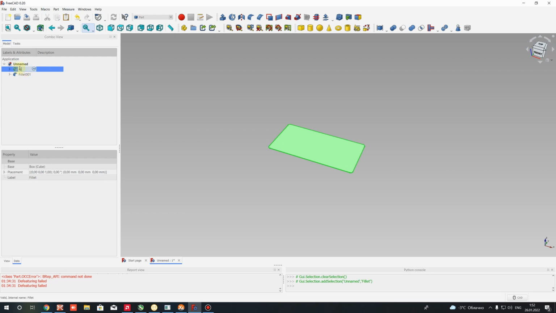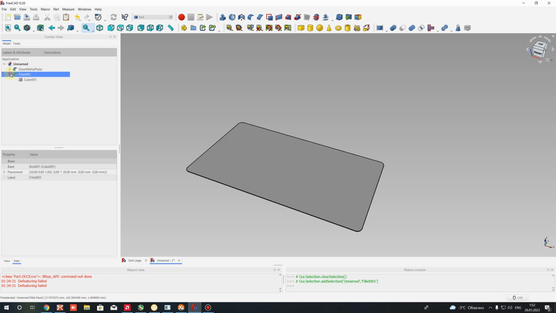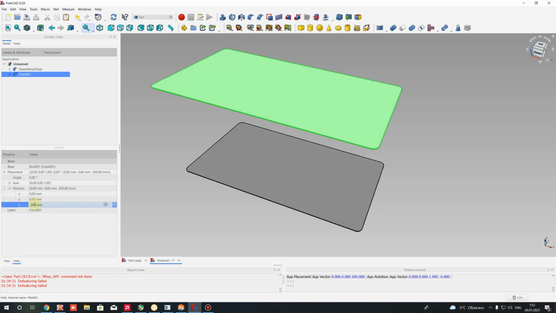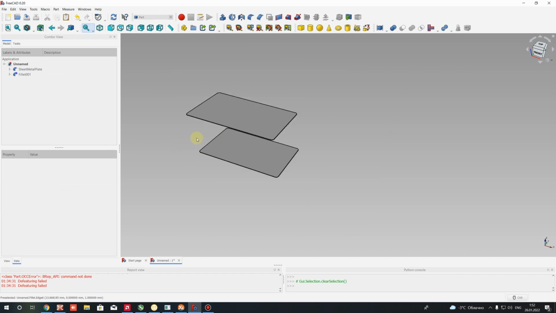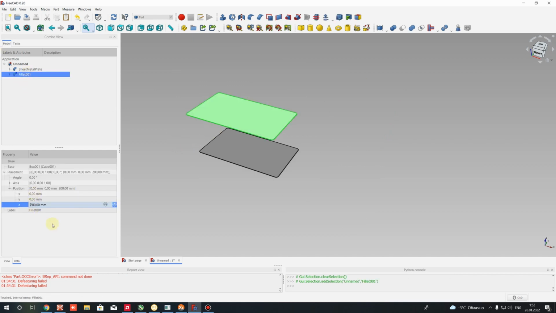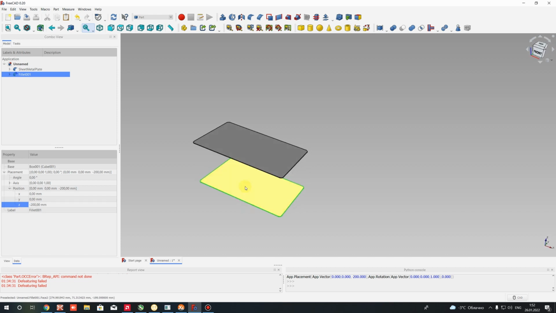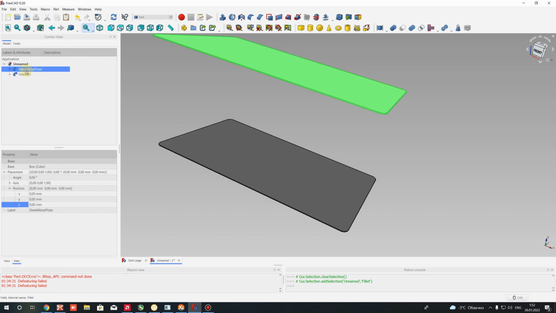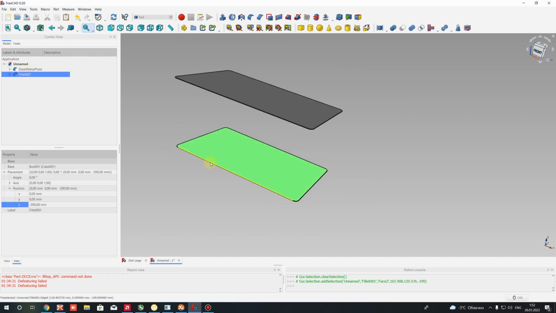Let's rename this one, it will be a sheet metal plate, and we will be working with this. For this, let's change the position of this plate in that direction. Let's set, I think, 200 millimeters. Maybe let's do it in the positive or negative direction, it doesn't matter, but I want to use the negative. Okay, so after that, when we have this, let's change